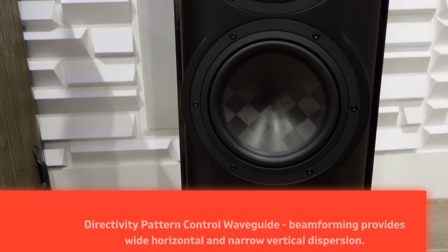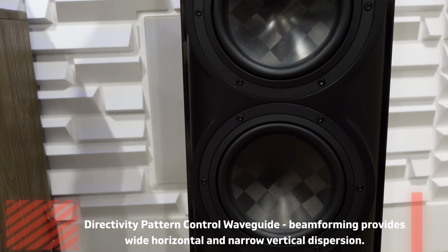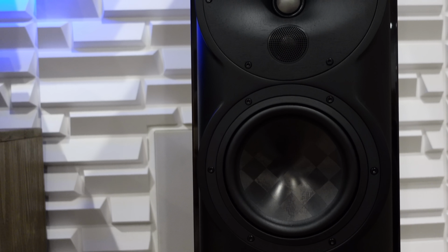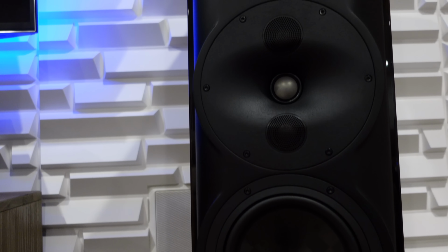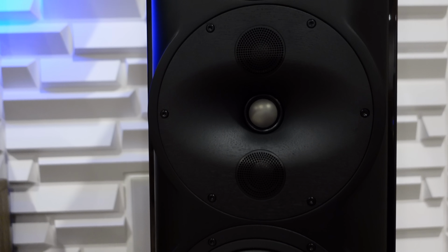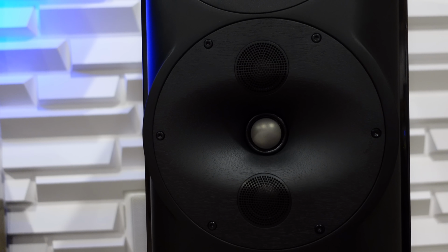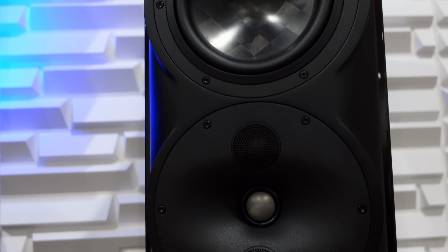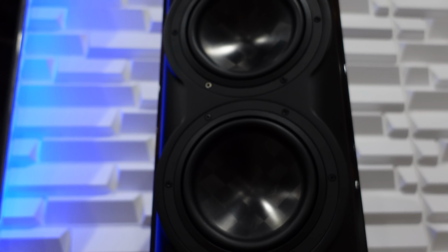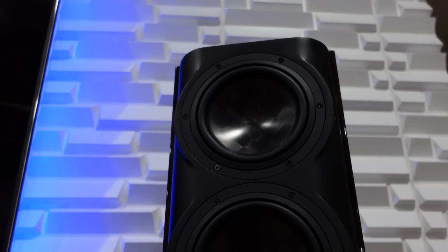The whole driver array, what they did here, it's called a beam forwarding directivity pattern control driver array. And you've got 4 7-inch mid-bass drivers. They play the bass frequencies. All 4 of them share the bass load. 2 of them share the mid-bass frequencies. And then you've got this little tweeter array. It's got 2 mid-ranges and 1 beryllium tweeter. All 3 of those drivers will play the mid-range frequencies, but only the middle one, the center one, plays the